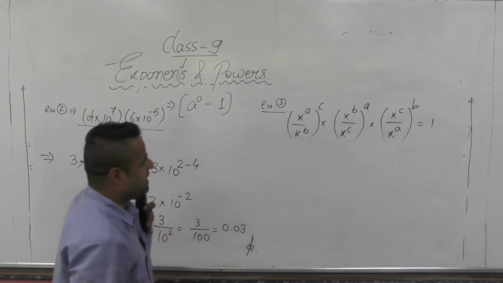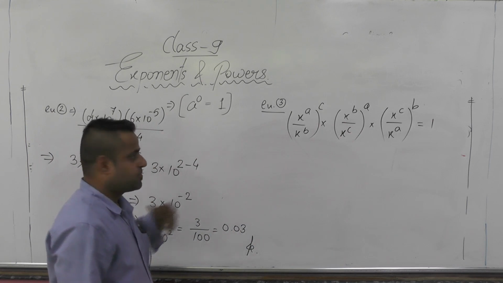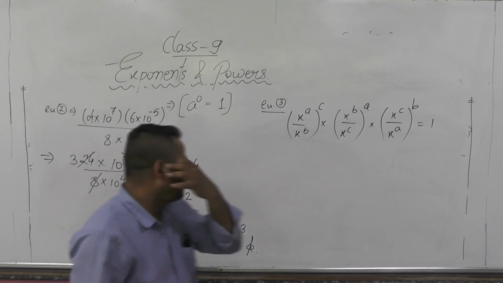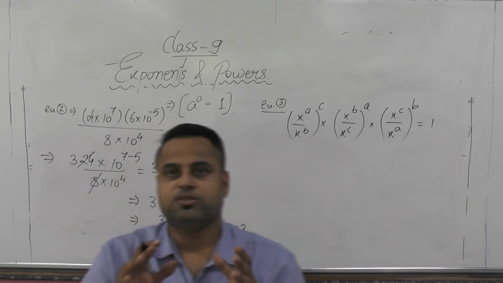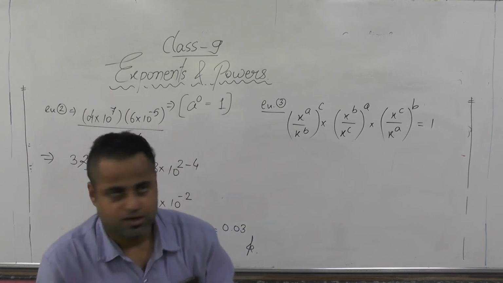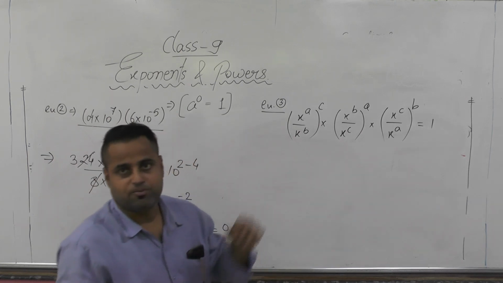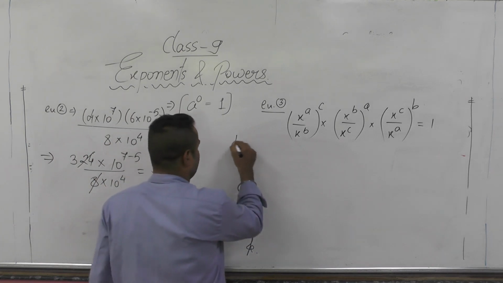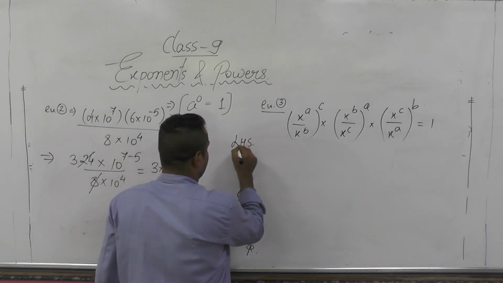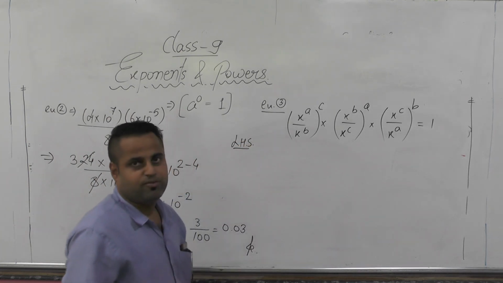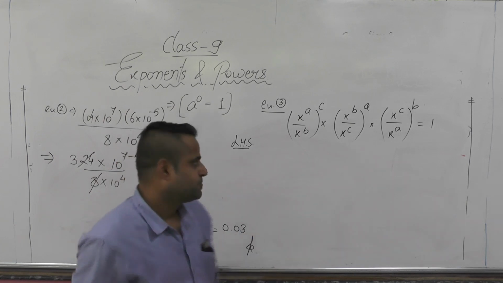Now see how to do that question. First of all, what we can do here, we can open the bracket with the help of the rule: power up to the power. We are taking the LHS term fully, and we can make it 1. It's easier to make a big term into small.